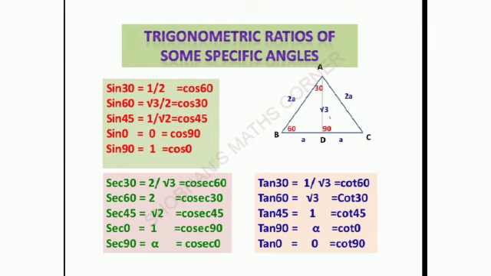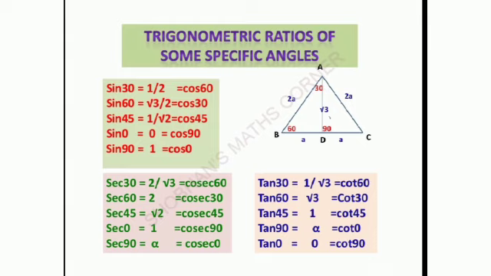So in an equivalent isosceles right triangle, if two sides are A and A, then the hypotenuse is root 2. So sin 45 is equal to A by root 2, that is 1 by root 2, and cos 45 is also 1 by root 2, because here the opposite and adjacent sides are both equal. That's why sin 45 and cos 45 have the same value, that is 1 by root 2.